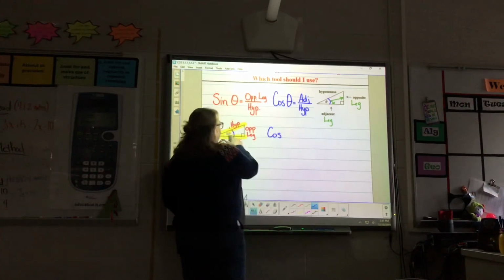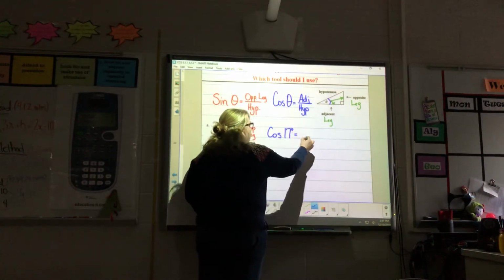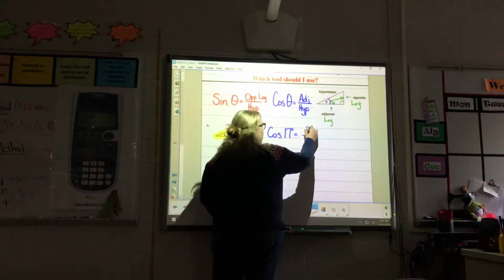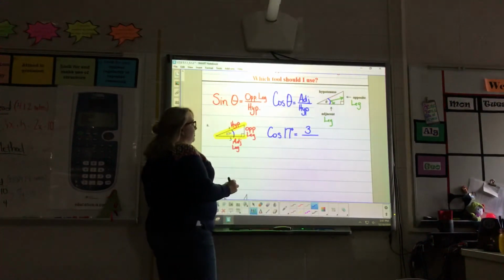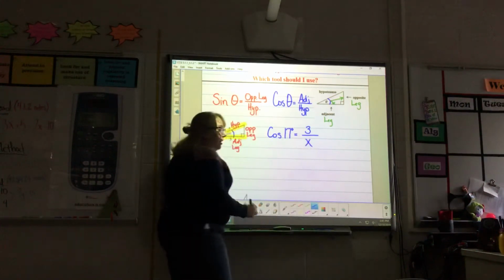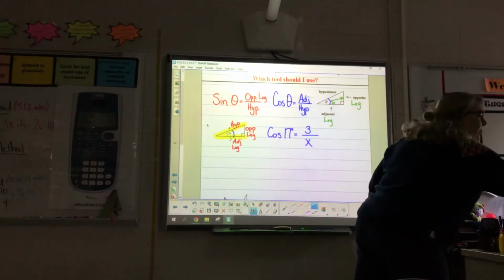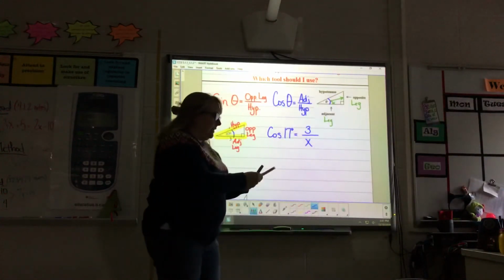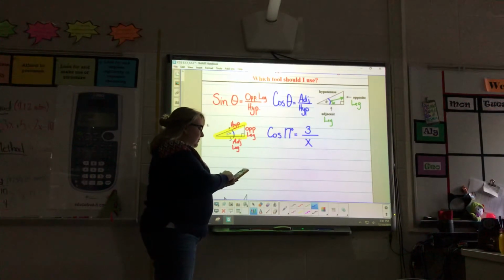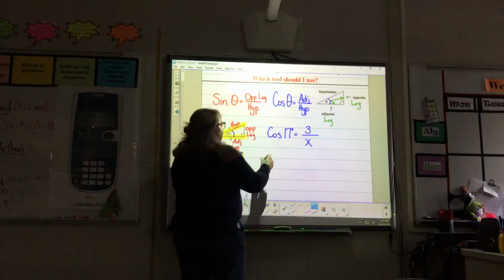The cosine of my reference angle, which in this case is 17 degrees, is going to be equal to the adjacent leg, 3, divided by the hypotenuse, x. Okay, now at this point I need my calculator because I don't know what the cosine of 17 is, but my calculator can tell me. So I'm going to do the cosine of 17 degrees. Make sure your calculator's in degrees and not radians, and I get that that is